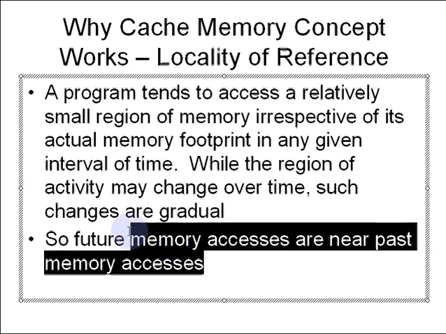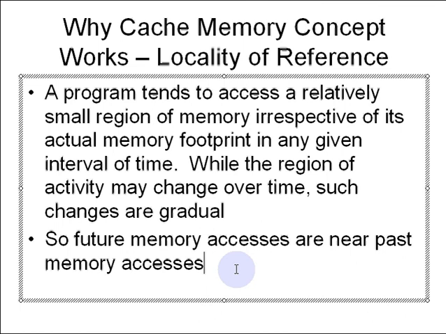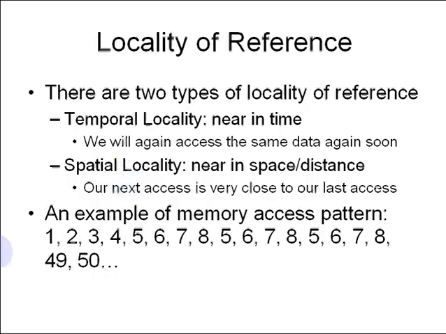So what this means is that if I access memory address 0, then it's most likely that I will be accessing memory address 1, 2 or other memory addresses nearby to address 0 in the near future. And that happens because of locality, because there are two types of locality of reference. One is called temporal locality, one is called spatial locality. Temporal locality means if we access a particular address, it's highly likely that after some point of time we will be accessing the same memory address again, and that typically happens due to the presence of loops in a program.